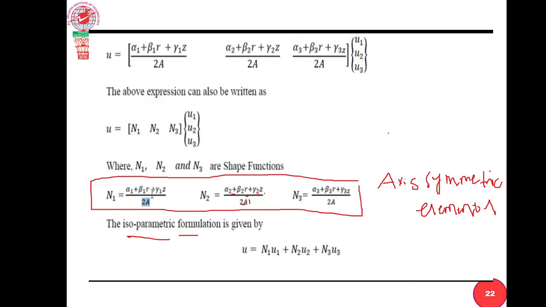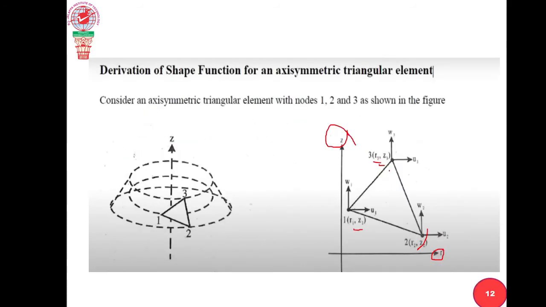See, isoparametric means elements having a curved edge. Keep this in mind. With respect to this figure, is it having a curved edge or a linear edge? This triangular element, does it have a curved edge or a linear edge? It is linear. Now I'm going to consider isoparametric. Isoparametric means it has a curved edge, kind of like this. Correct now? 1, 2, 3.